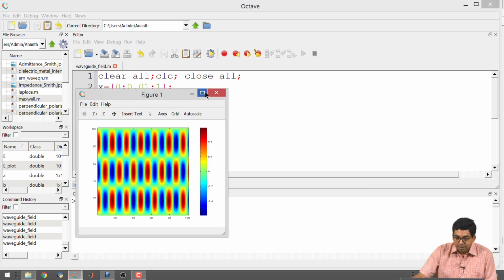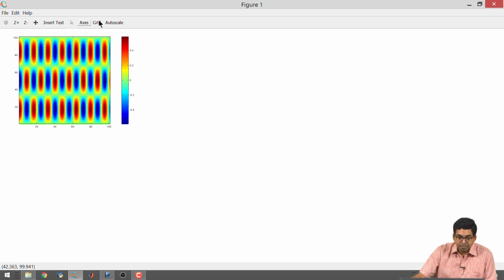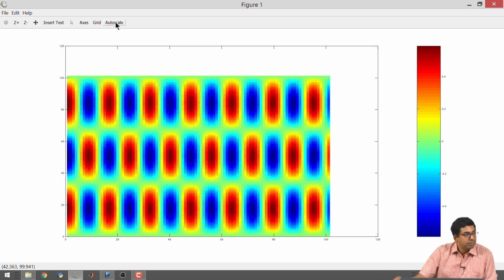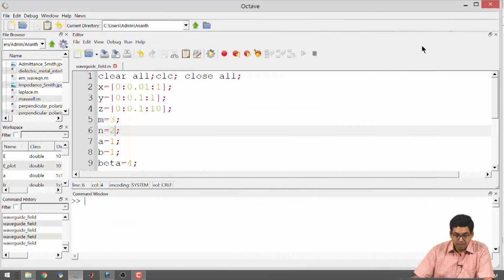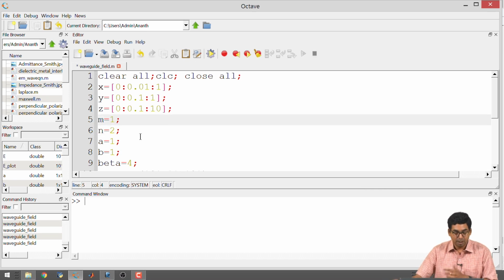Now, what is happening? We will have to sort this out. Now, n equal to 2, right in the middle, it is not right in the middle, but it is slightly away from the center. It is having some value, and it is not supposed to have that. So, I want to go back to m equal to 1 and sort this out.